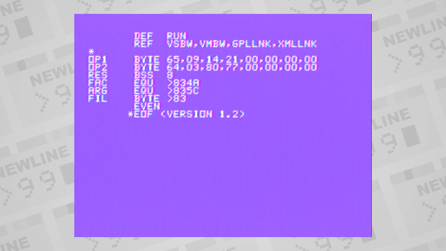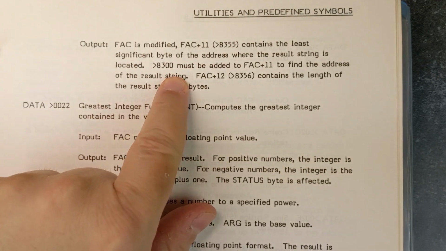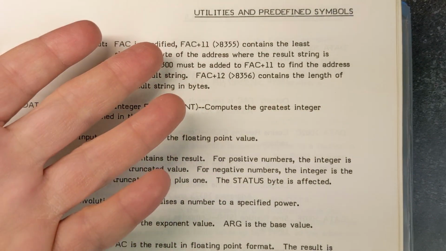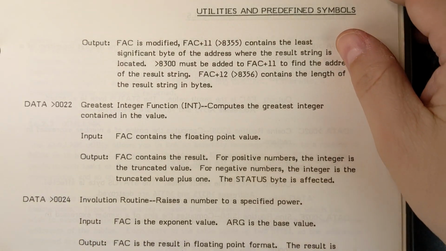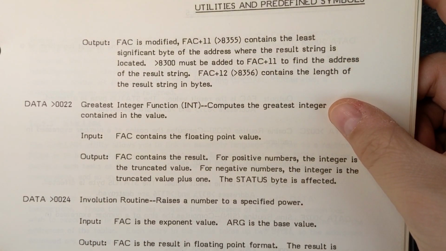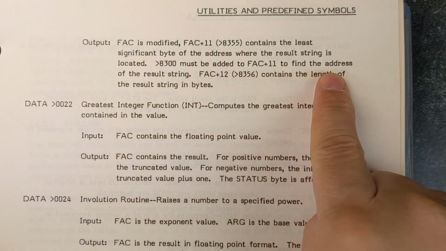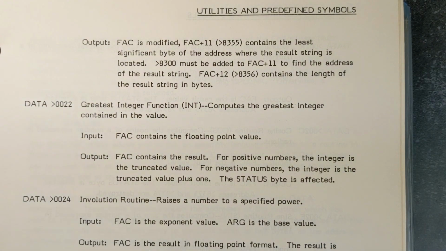Page 255 of the manual reveals that the FAC plus 11 is the least significant byte where to find the output string, which is the most significant byte, 8300, implicitly. So that means we have to find the location of the string by moving that one byte at the accumulator plus 11, swap it to the low byte, and move hexadecimal 83 into the top byte.